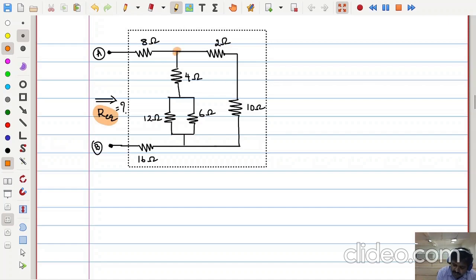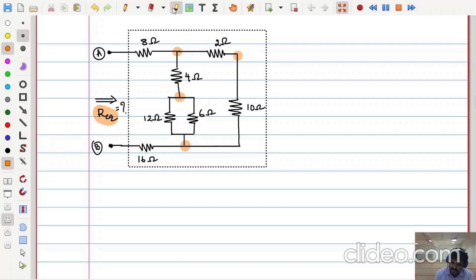So let us say this is one node. Is it a node? This also connects 2 ohms and 10 ohms. This is one more node which is connecting 16, 12, 6 and 10. And this is also one more node. And let us leave AB. Don't consider AB. Why? Because AB is outside the box. Let us focus only on the inside of the box. We would like to make the inside of the box into a single value.